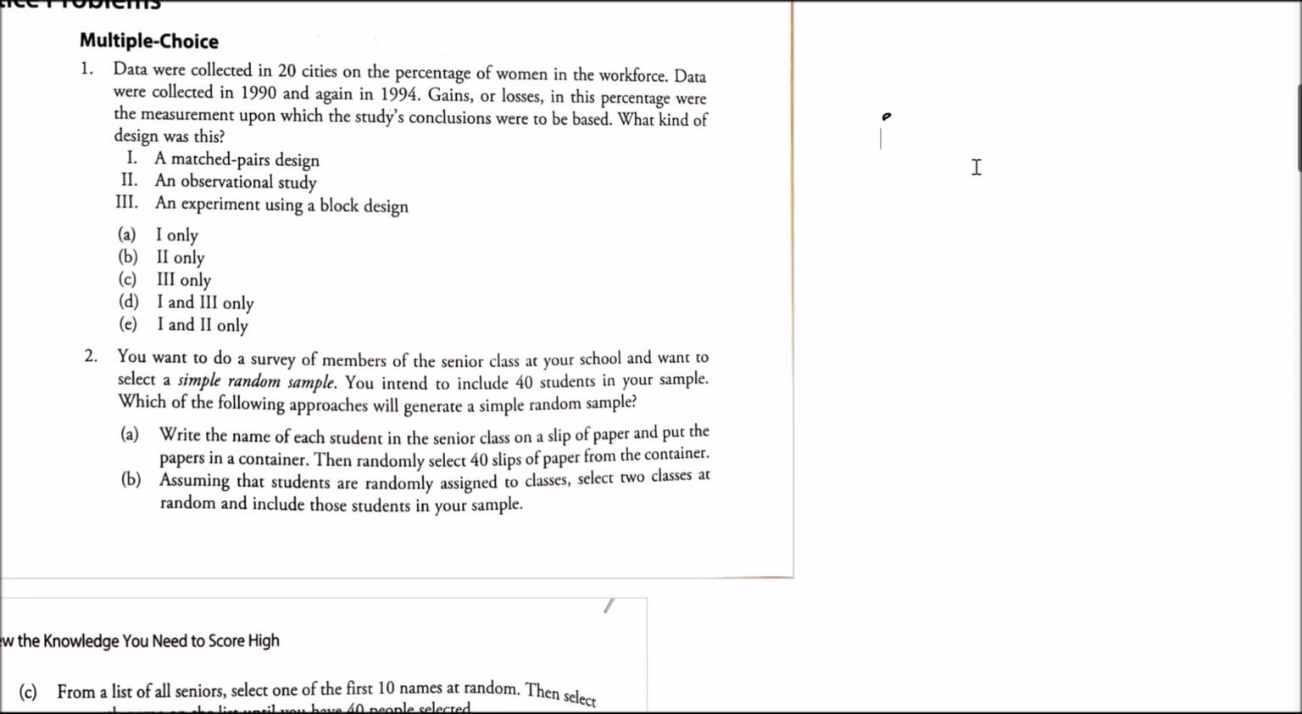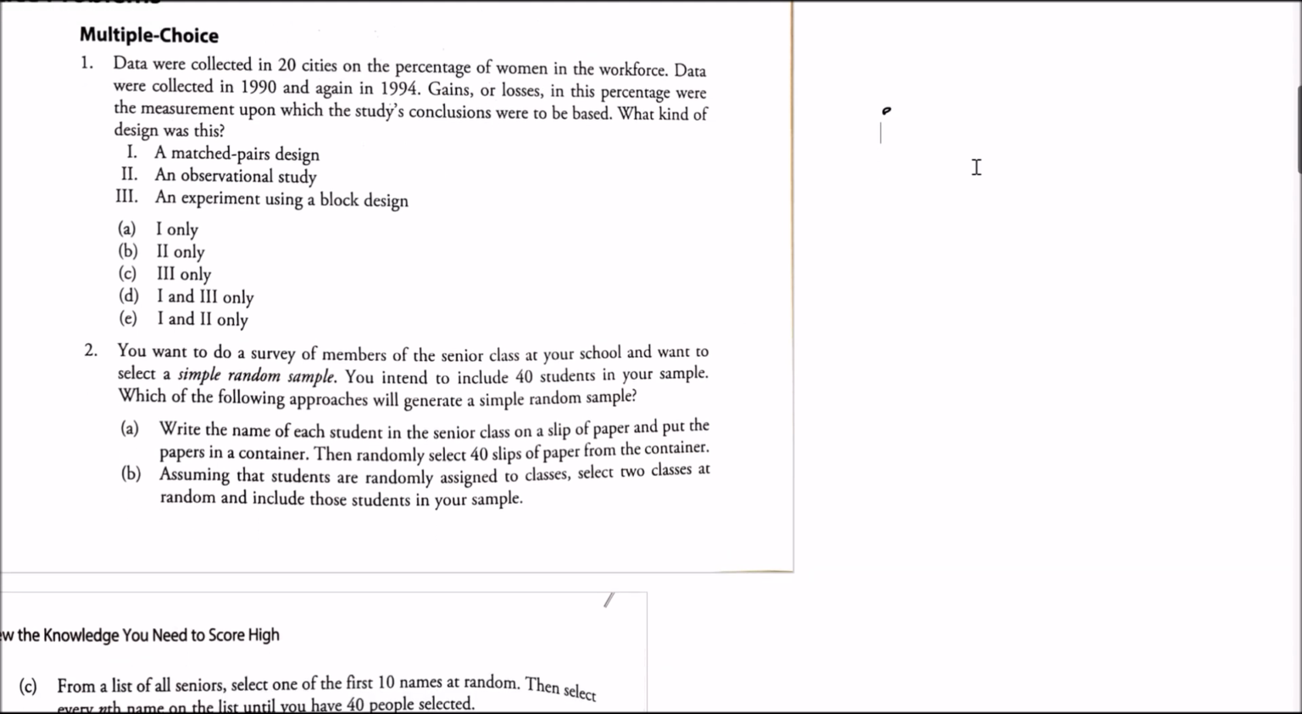Alright, so number one: data were collected on 20 cities and the percentage of women in the workforce. Data were collected in 1990 and again in 1994. Gains or losses in this percentage were the measurement upon which the study's conclusions were to be based. What kind of design was this? So